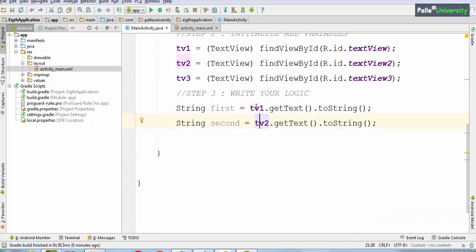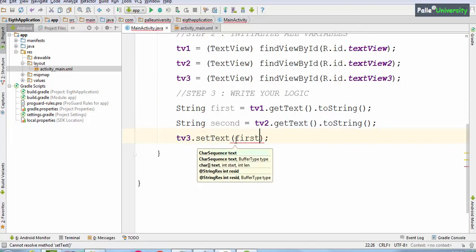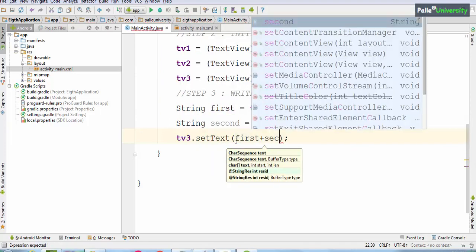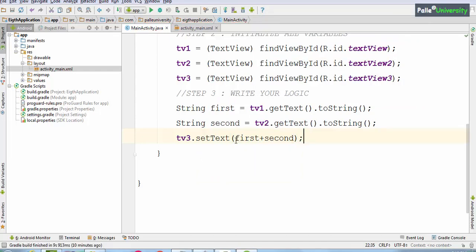Now the text of text view 1 is available in the first variable and the text of text view 2 is available in the second variable. Now you can club both by using first plus second and give that result to text view 3, which looks like this: tv3 dot setText, pass first plus second. That's it.